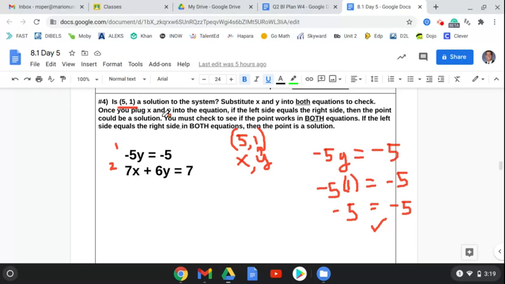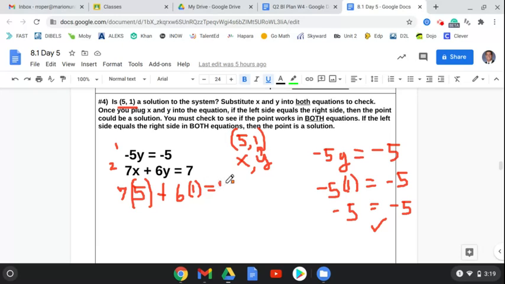I need to check, does this point work in not only the first equation, but the second equation? So let's try the second equation and see if that point works in that equation. So I have 7x, which means 7 times x. The x value is 5. So I'm going to have 7 times 5 plus 6y. 6y means 6 times y, so 6 times the y value of 1